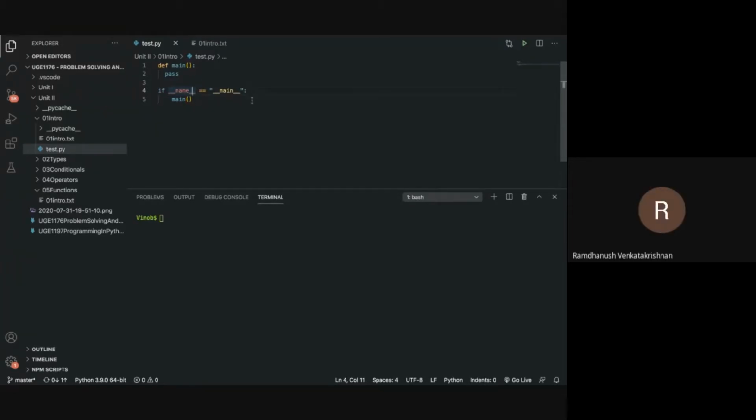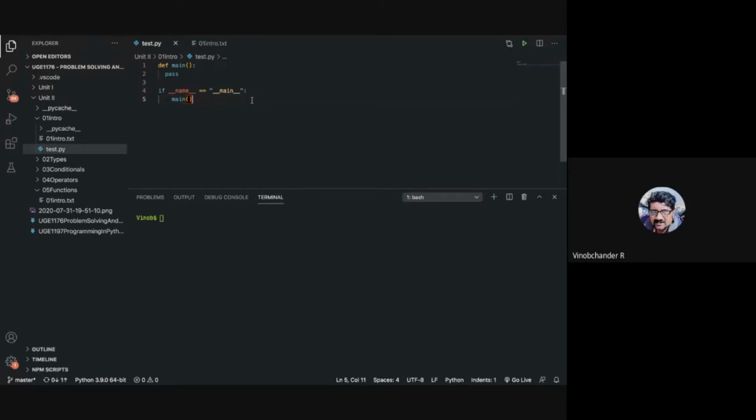Function prototype, it's partially okay. Forward declarations are like you declare a function, as you said, like a function prototype. You call the function and then define the function. If that is supported, that is called forward declaration.